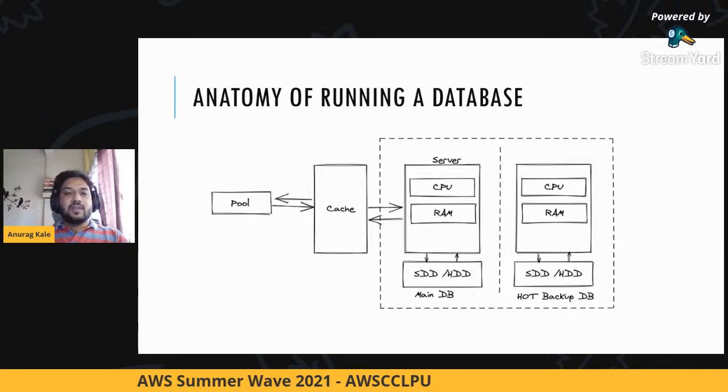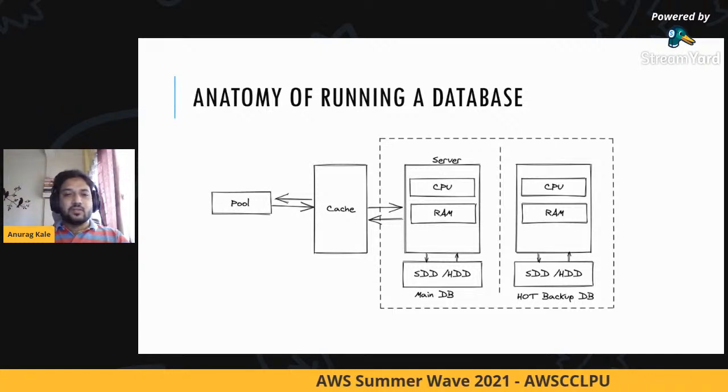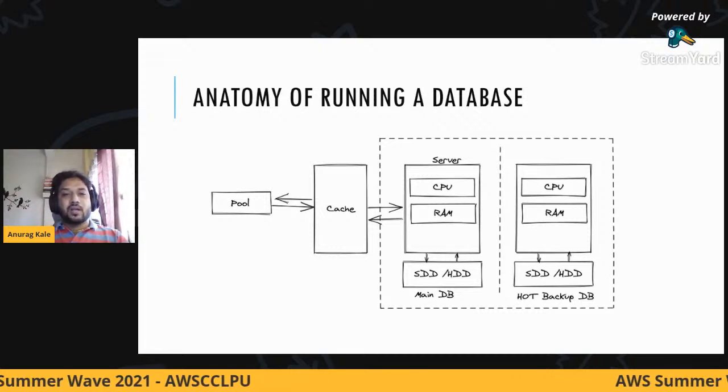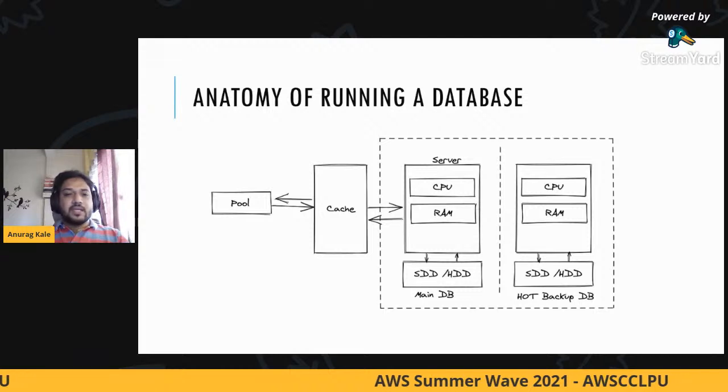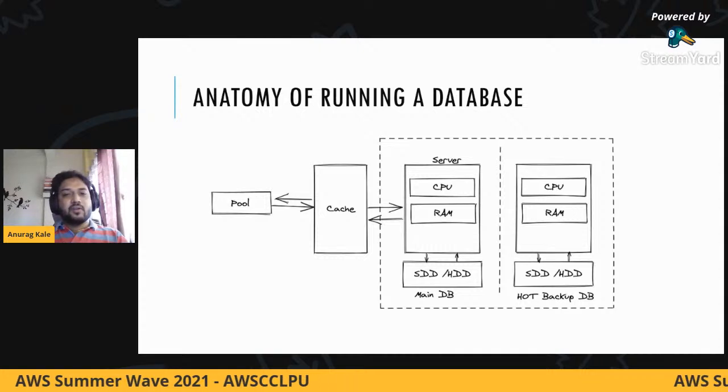right? Or if there is a hardware failure, the SMPS of your server is blown, your RAM stops working, your hard disk stops working. So anything can happen, right? So what people generally do is keep a hot backup up and running. What we mean by a hot backup is that every time a transaction or data is written to a main server, it is copied over to another server.